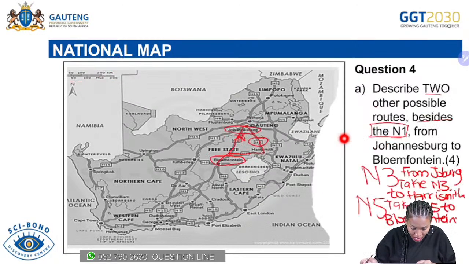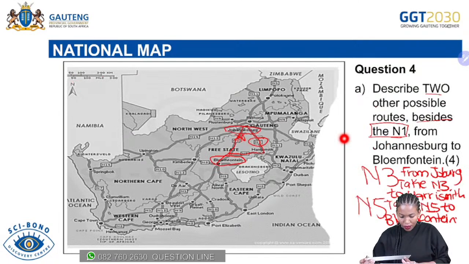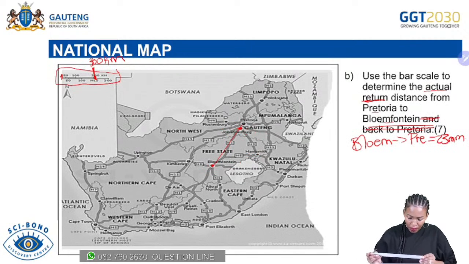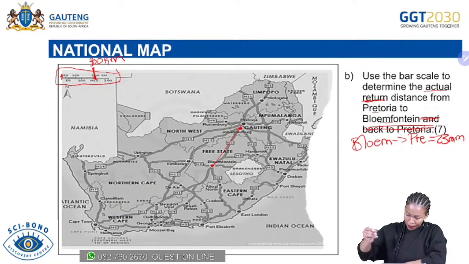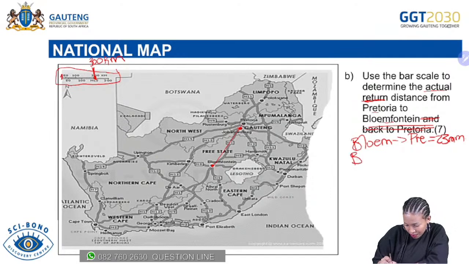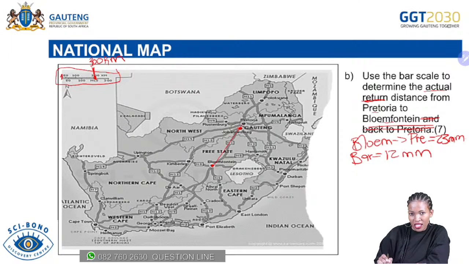Oh, I'm sorry. For the bar scale, I'm going to use the millimeters again. And then I'm getting 12 millimeters. So the bar scale is 12 millimeters. So now I'm going to write my scale in the ratio form to say that, okay,